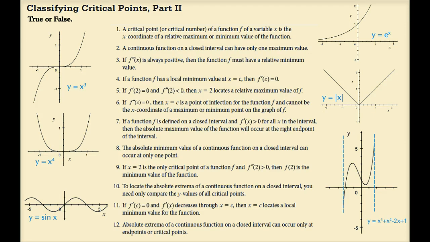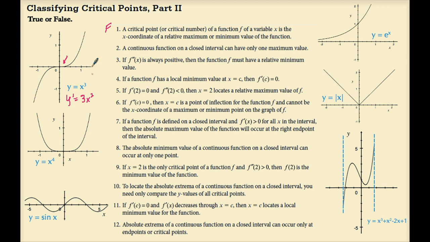True or false? Number 1. A critical point or critical number of a function f of a variable x is the x-coordinate of a relative maximum or minimum value of the function. Not necessarily. Notice here I have y equals x cubed. The first derivative, y prime, equals 3x squared. If we set this equal to 0, we get a critical number at 0, yet there is no maximum or